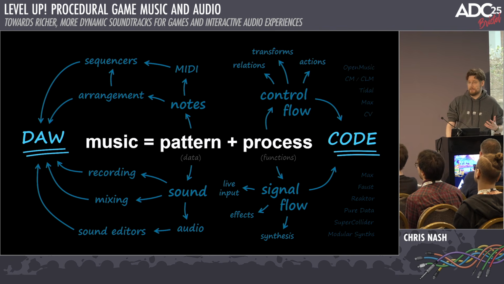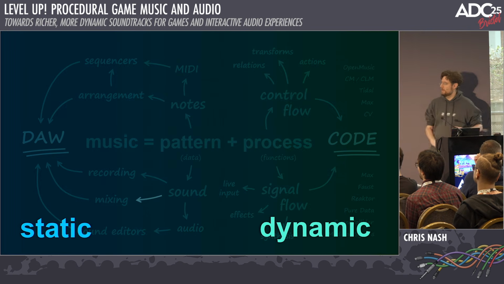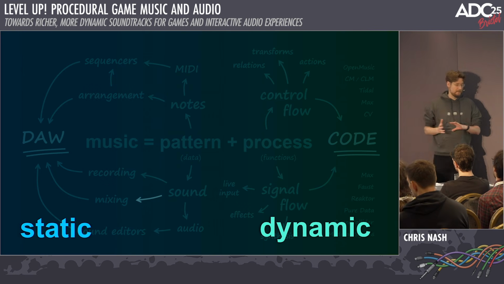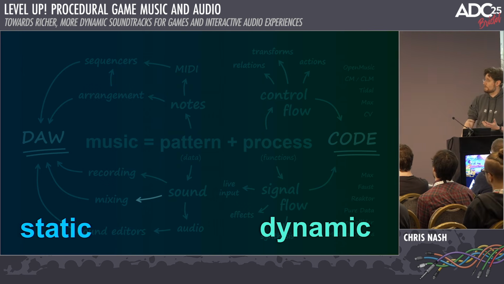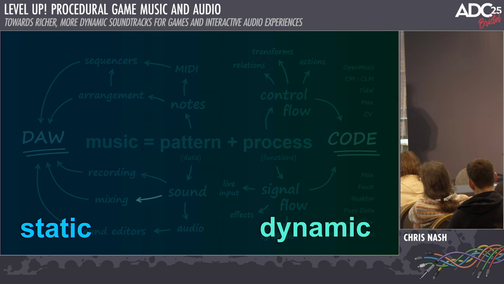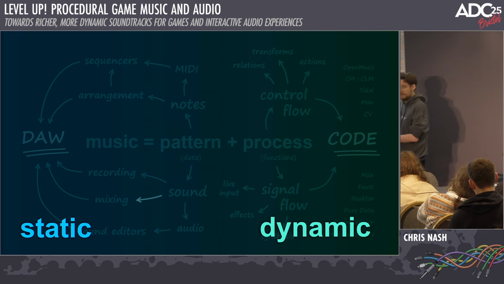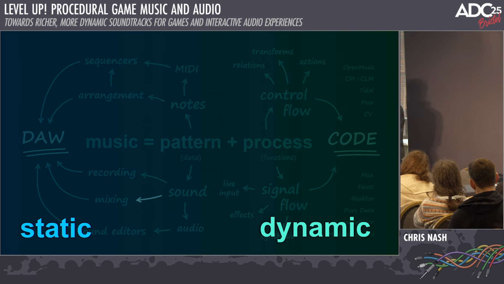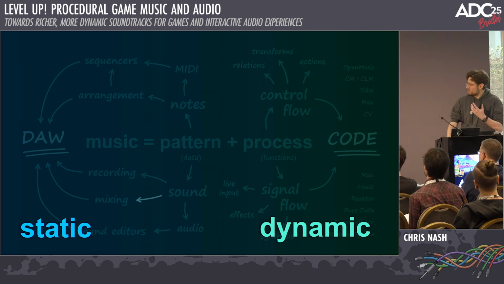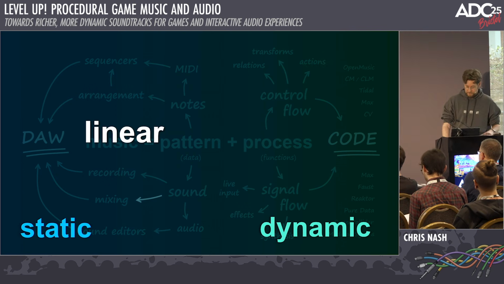And there are fewer music programming languages as well. They tend to be the purview of academics and experimental musicians and things like that, because it requires a certain amount of expertise. But what we're fundamentally talking about is, on that side, we've got static representations of music. And on this side, we can only really represent change. So this is the dynamic side, but it's harder to represent the static bits. So maybe there's a continuum between the two of them.